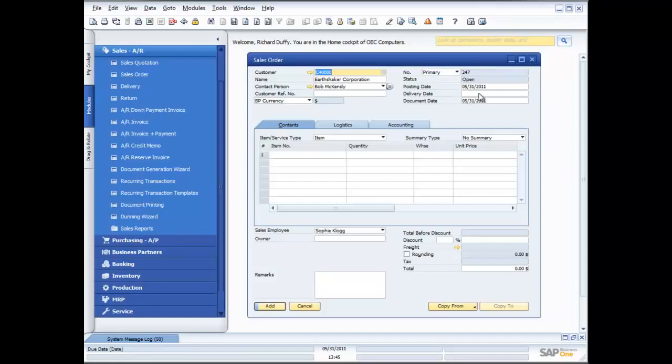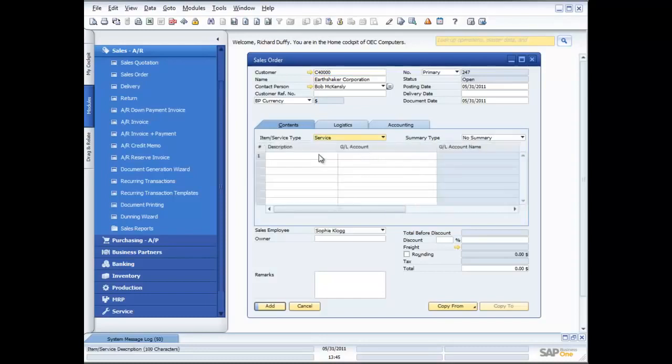The same things apply in terms of putting in customer reference numbers, putting in your posting dates and your document dates. What's different when you're working with service-based invoicing is instead of your item or service type here being item, all you do is you choose service. And then it's simply a matter of typing in a description of the service that you're supplying. So in this case, I might say installation of printers